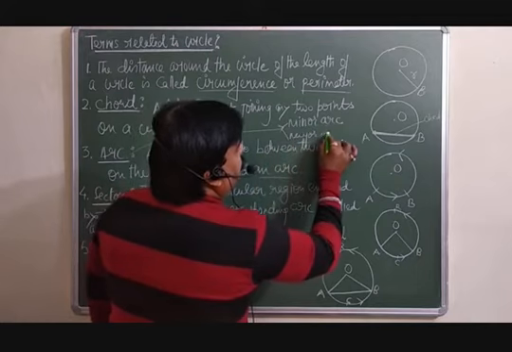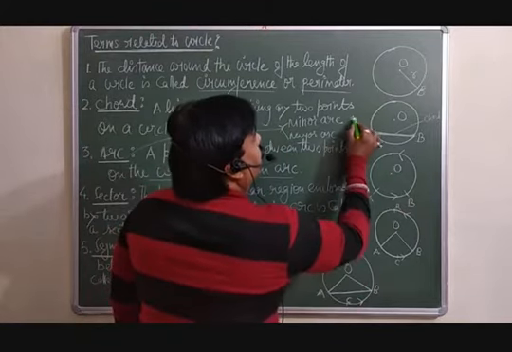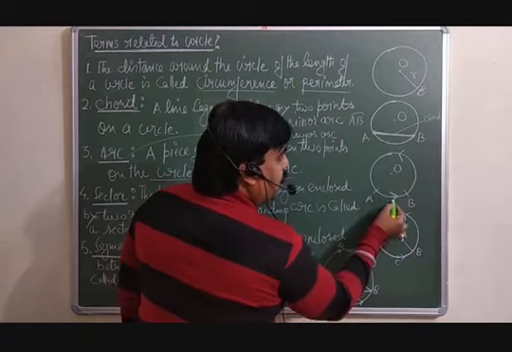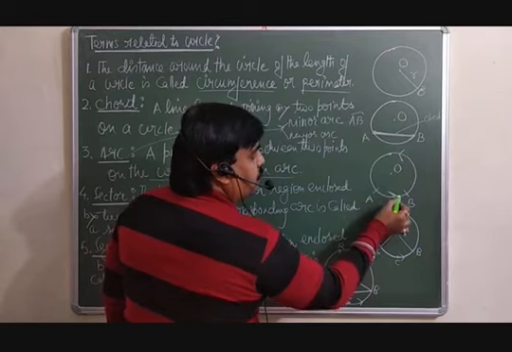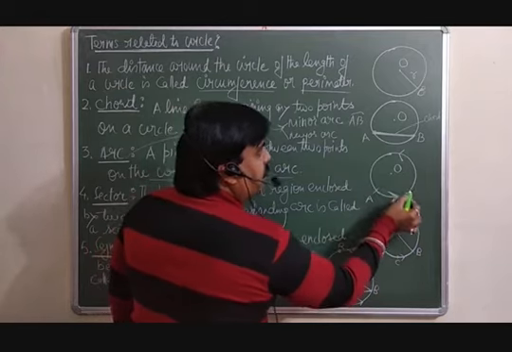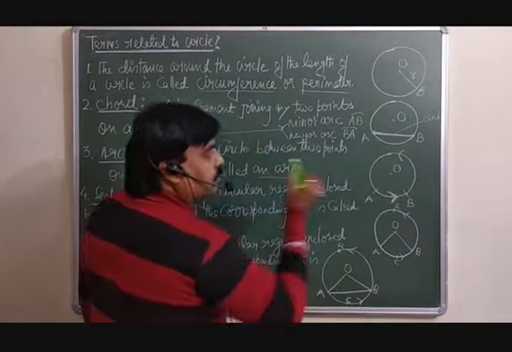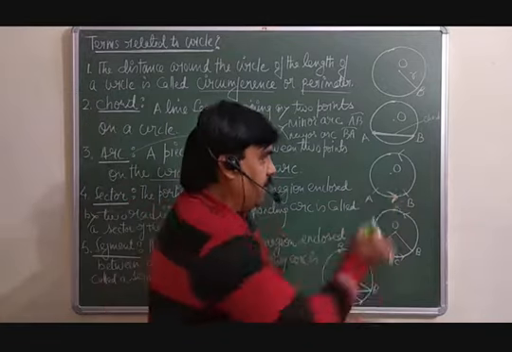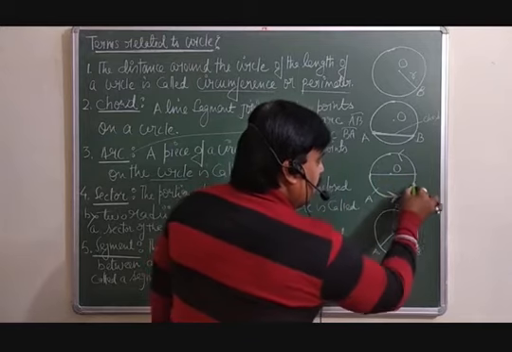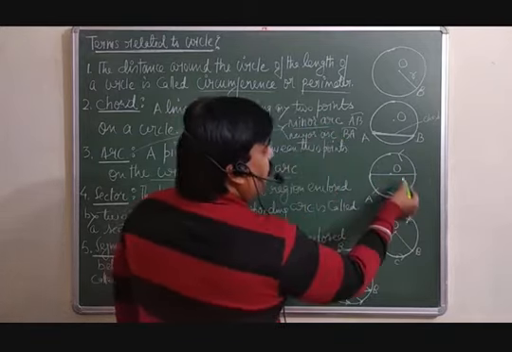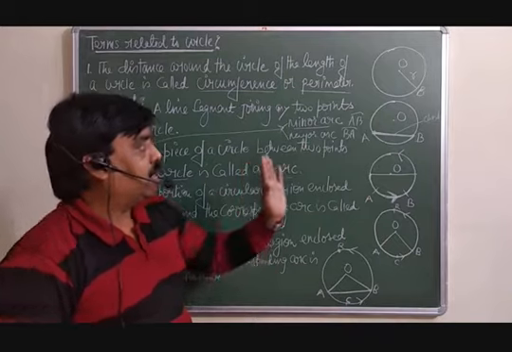See, how can you make the difference? How do we tell the difference? This AB is the minor one. So we will write this as AB, and this arrow makes the difference in minor and major. So if you are writing AB, it means we are talking about this minor one. But if you are writing BA, this is the way of writing, BA means we are talking about the major one only. Or you can say that if we take the semicircle, if it is less than the semicircle's circumference, that will be the minor one. More than that, that will be the major. So that is also one of the ways to understand the minor arc and major arc.